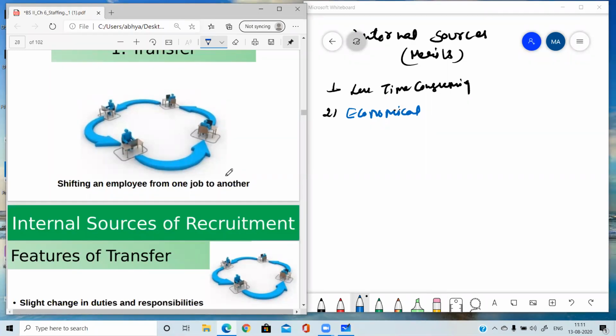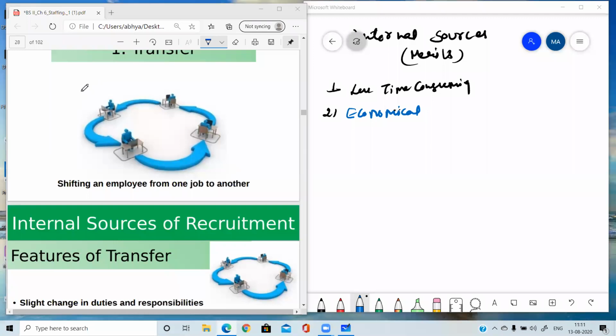which may take time, because to do the interviews of the employees, we may hire experts, professionals who are expert in taking interviews, so we have to pay them money. But here there is no need to spend any single penny on the selection or on the staffing process of the employees. So it is very much economical. What else?